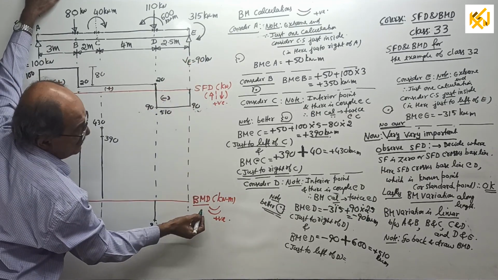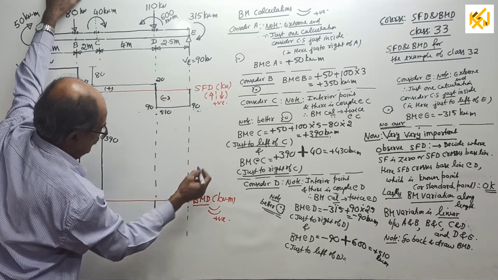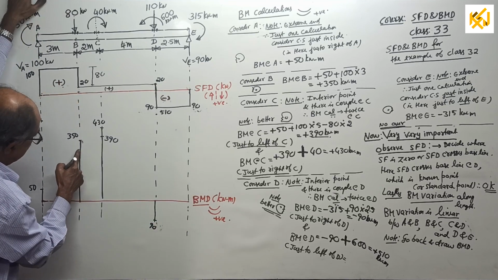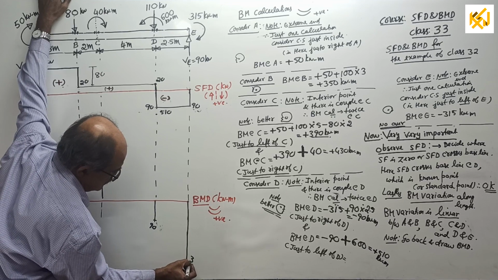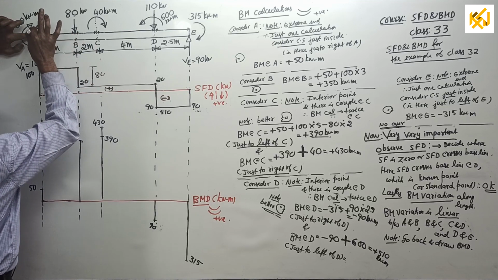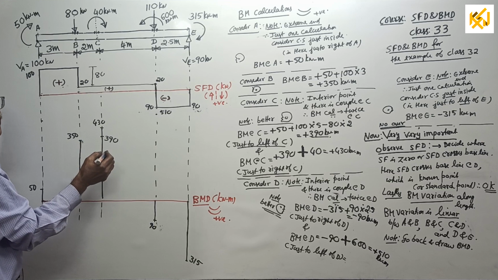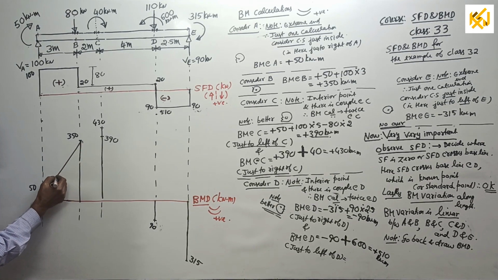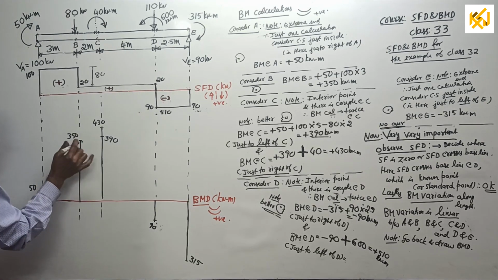At E, it is 315. Where is it? 315. Correct? Oh, yes. Minus 315. So, 350, 315. Exact scale I am not maintaining. Minus. Now, A joined to B by a straight line, not by what? Linear curve, straight line. Okay, sorry, some slip of the hand.